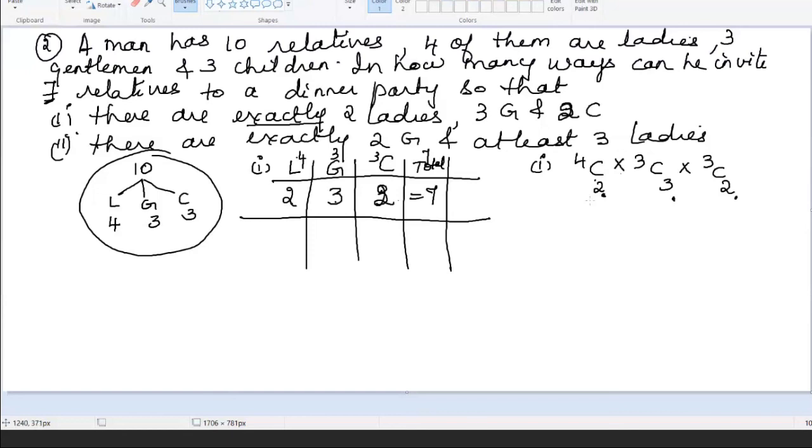Yes, is it understood? If you are writing a plus sign, that means one case should be completed over here only, but it is not completed. We want 7, so therefore we are writing the multiplication sign. So what is this answer we are getting? It is 4C2. 4C2 is 4 into 3 by 2, we are getting 6. 3C3 is 1, same number, 1. 3C2, what did I tell you? If you have one number and one less number below, the top number will be your answer. So it is 3. So therefore, this first answer is equal to 18. Now look,